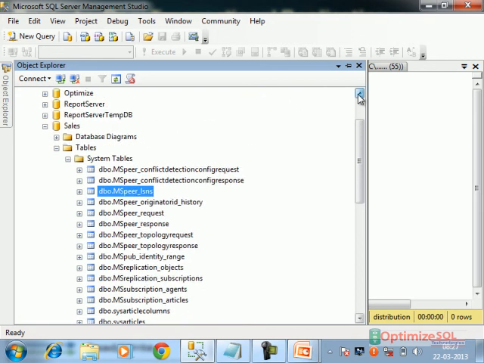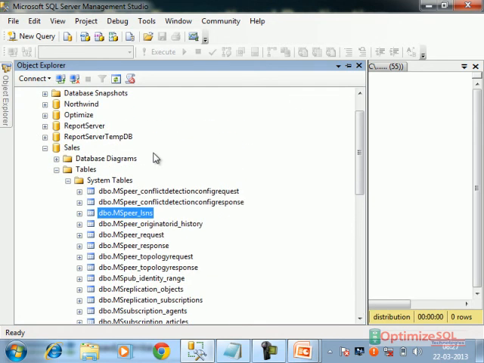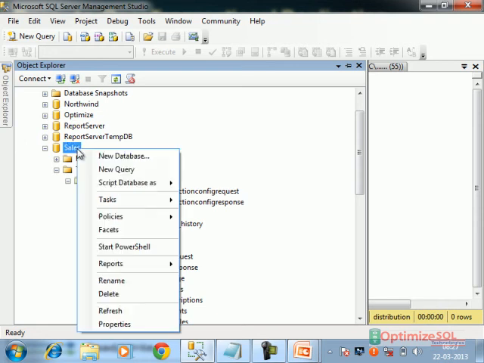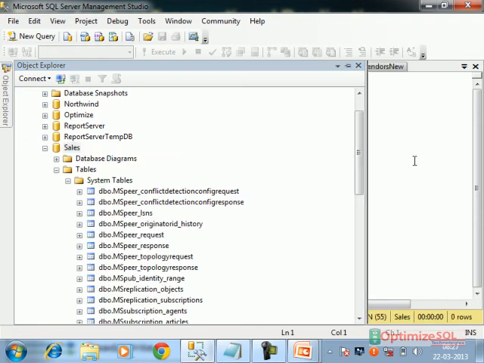In the respective database, the sales database, the MSpeer_lsns table is there.